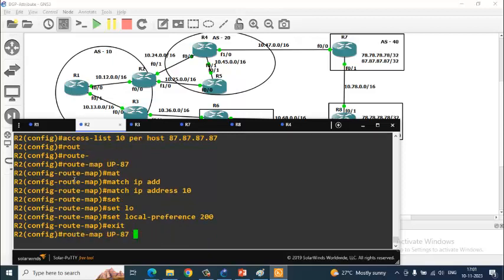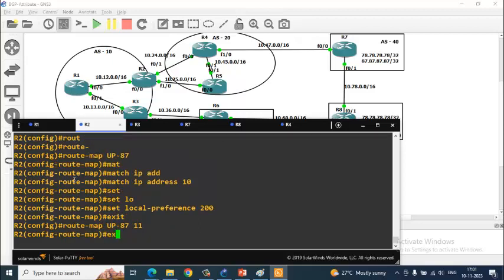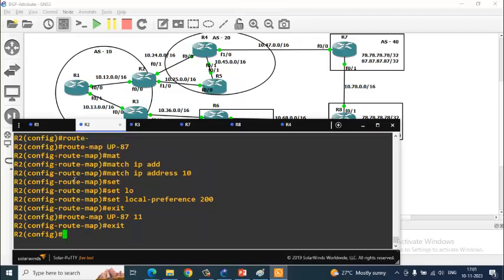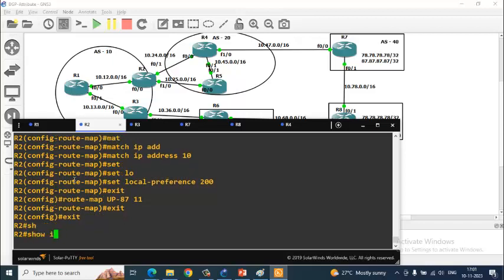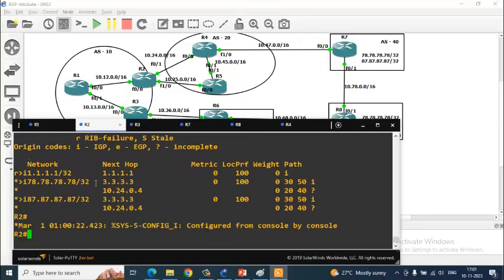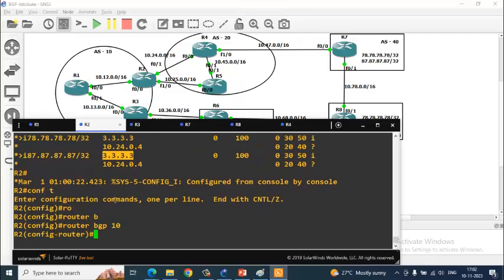Okay, now you see, this is the important part. Where do you bind it? In or out depends on which neighbor you are binding it to. Show IP BGP, I can bind it to 4 and say in, or I can bind it to router 3 and router 1 both and say out. If you say out, then you need to do it for 2 neighbors. Better I'll say in. Router BGP 10, whenever you get update from this guy,